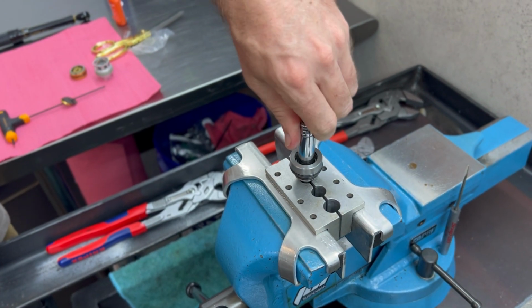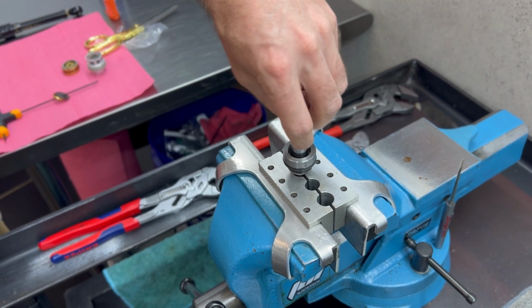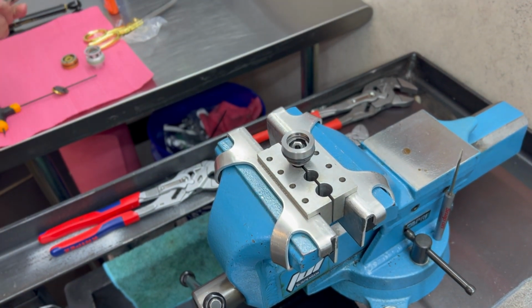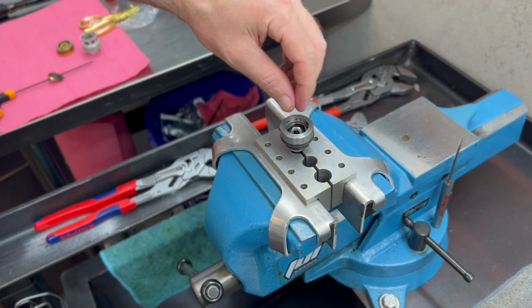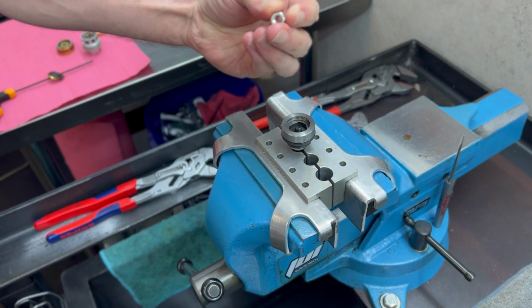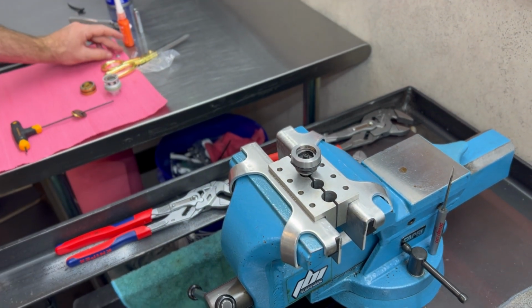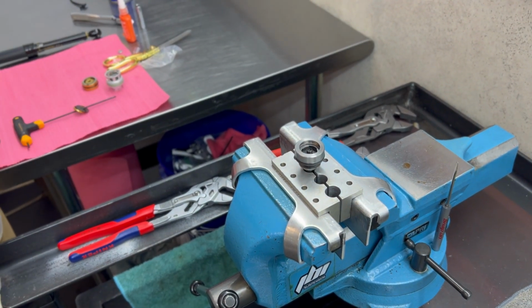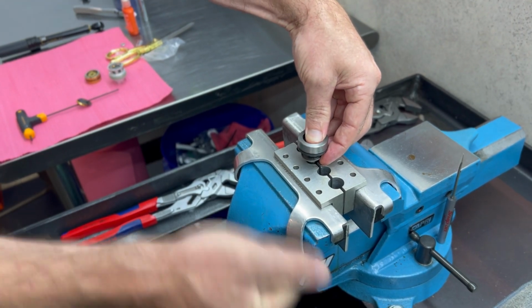Depending on the year you have, some of them will have a lot of green Loctite on it. Some of the newer ones don't have much Loctite at all. So just be kind of luck of the draw. Any Loctite you have, please take your time to clean off, not only on the nut itself, but on the threads also. So cool, now that we have that removed, let's remove this whole assembly from our vise clamp